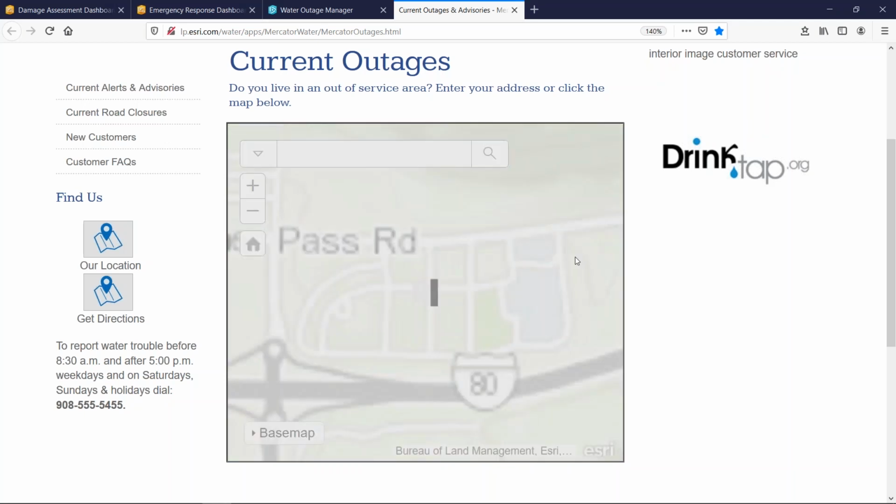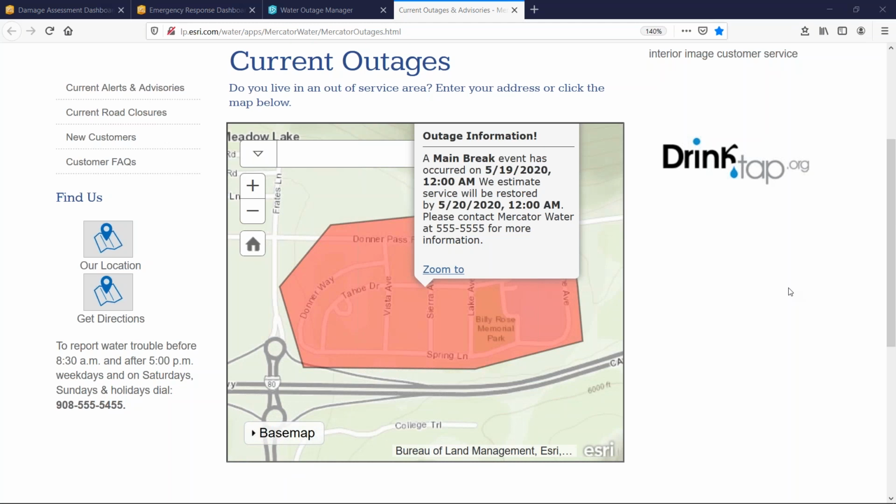in their area. And like I mentioned, it's really a best practice to have this set up beforehand where the utility is not hosting these public-facing apps behind their firewall. So if this gets mentioned on the news and 20,000 people hit it, the utility's infrastructure that's powering these mission-critical workflows in the field and the office are not impacted. And this is a great way to share not only outage information, but also road closures, any current alerts and advisories. So our recommendation is to have these apps configured, this publicly available data ready to go, so that a utility can scale up and meet the needs during an emergency situation.